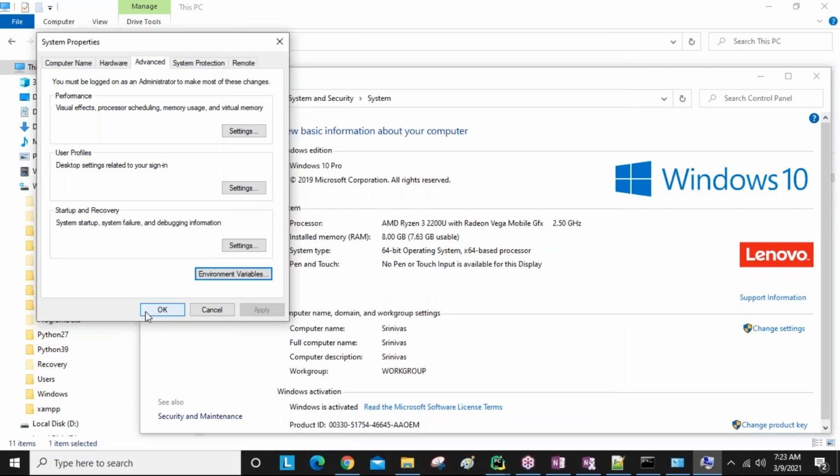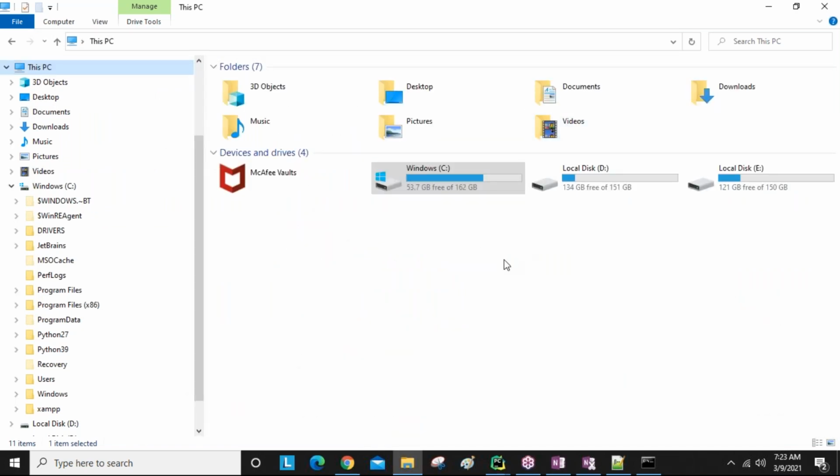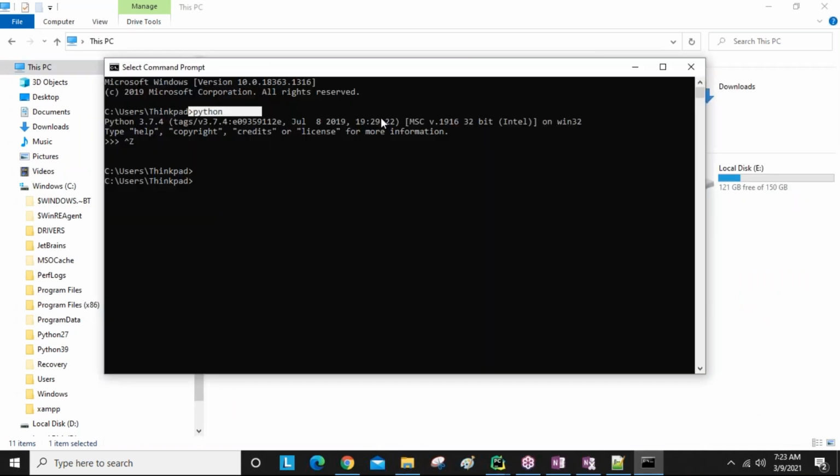Again, we are going to close all the things. I added the Python path in my system environment variables. That's why I got it like this. So no problem. From here onwards, I can execute all my commands. Same like that for Java, .NET, any language, guys. For all the software, we need to add the path like this. But nowadays, when we install the latest version software, the path is added automatically. That is one of the benefits for developers.